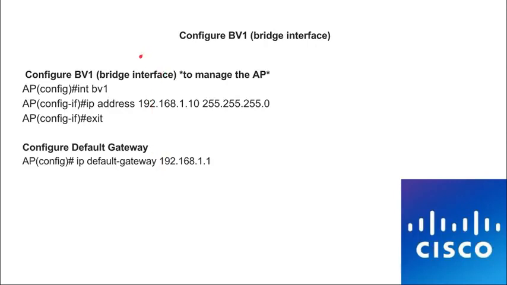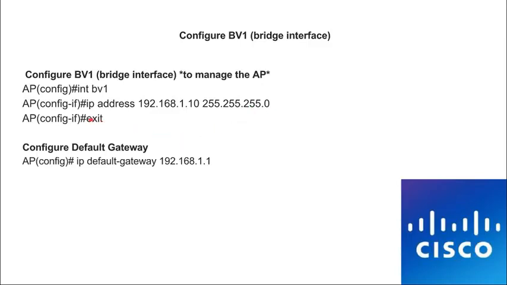Okay, so the first thing we're going to do is configure the bridge interface, which is an Ethernet port. The command to do that is int, which stands for interface, and then BV1. Now you're in the sub interface, so you type ip address, and then 192.168.1.10. I gave it 10 only because that was an IP available on my network. It could be anything you like as long as it's within your network. And then type in the subnet mask